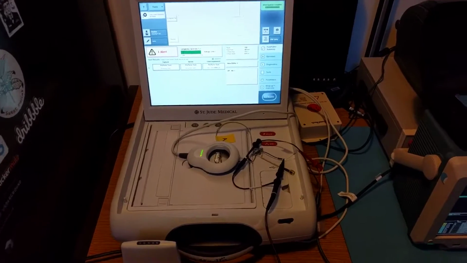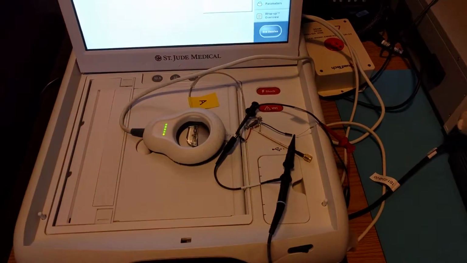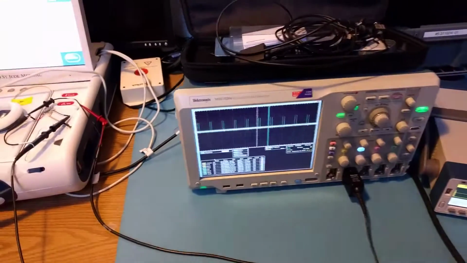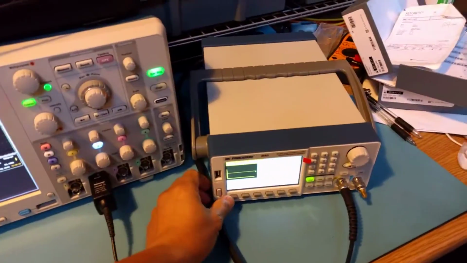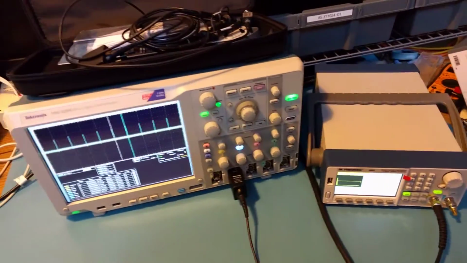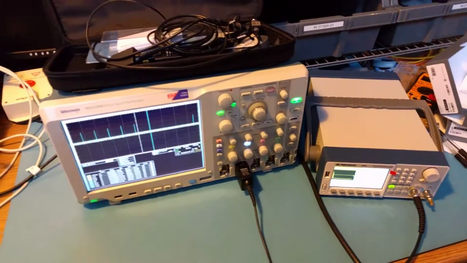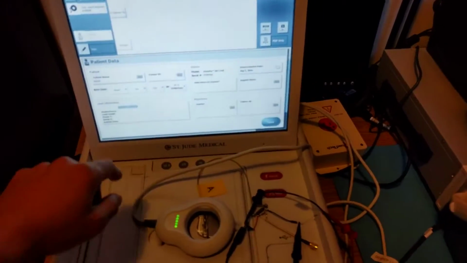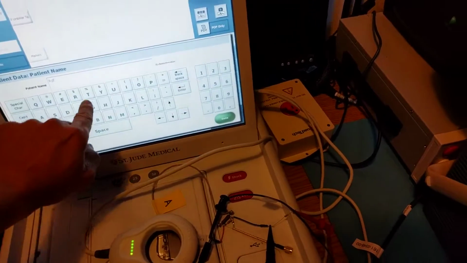The interrogation is now completed. We're still over wand only, and while the telemetry dump was happening, we can verify that pacing was occurring normally. Again, if we turn the cardiac signal on, we have pacing inhibition, and when we turn it off, we see pacing resuming. Now we are going to program the patient name,